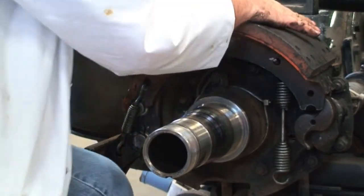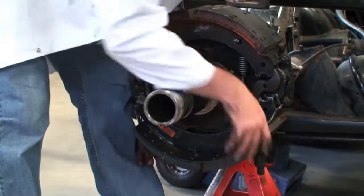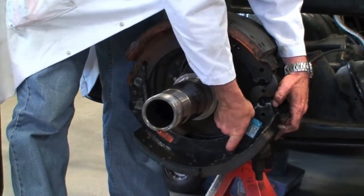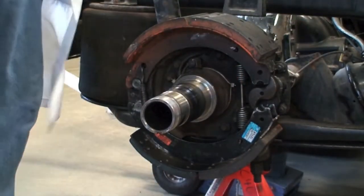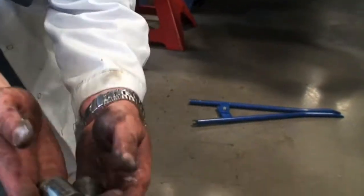And now what we're going to do is just roll that right up in place like so. Hold the bottom shoe, and now we should be able to get our big spring on here and here. Sometimes you have to use a tool to get them on. These are the rollers that are going to go in. Now on these rollers, again,